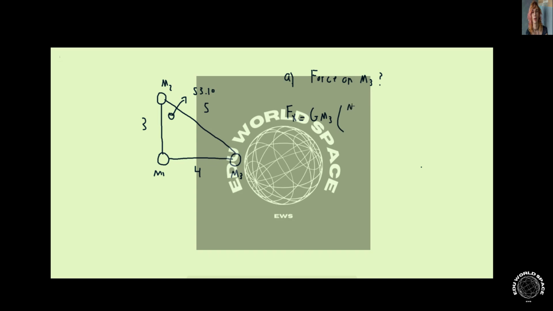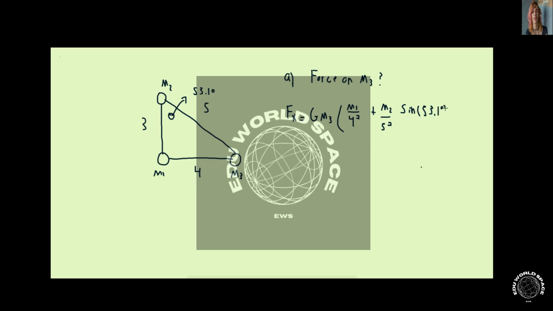So that's just going to be m1, and the distance is 4 meters, so 4 squared. And this is pulling to the left. This one is also going to be pulling it to the left in the x direction. So then we'll have plus m2, and its distance is 5 meters, so 5 squared. But then we only want to take the x component of that. So we want to do sine of theta to get opposite over hypotenuse. So then times sine of